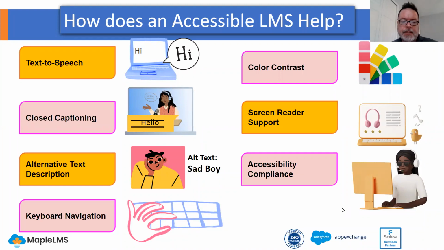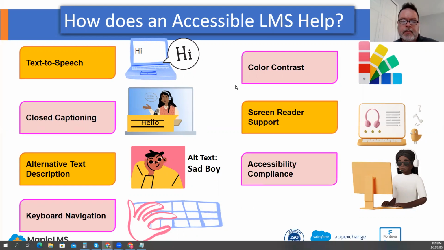And certainly not least, accessibility compliance. As we talked about, compliance is important, and MapleLMS follows accessibility standards and regulations such as WCAG 2.0 to ensure that all learners, regardless of ability, can participate in e-learning. These are some of the key accessibility features in MapleLMS that help support specially abled learners and make e-learning more